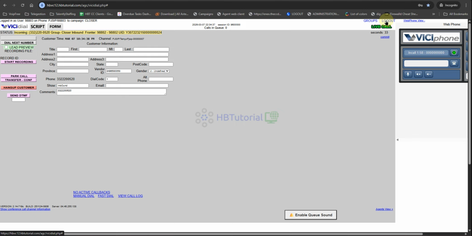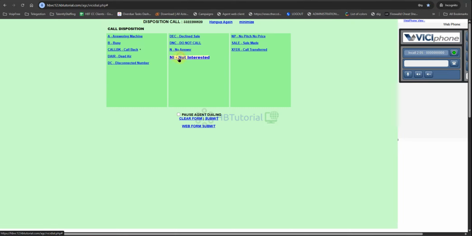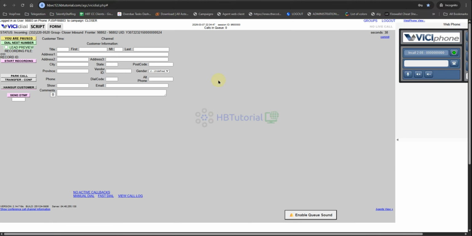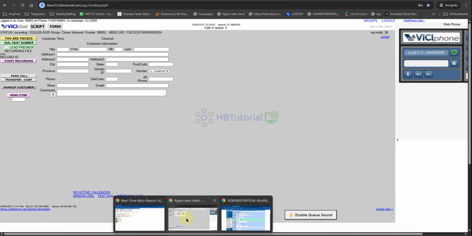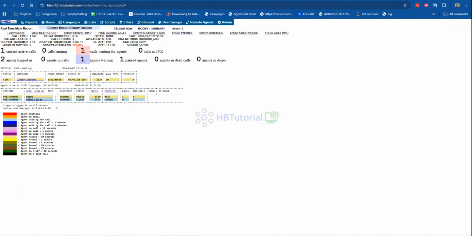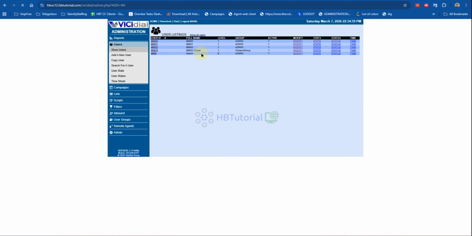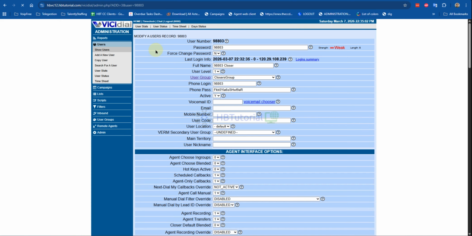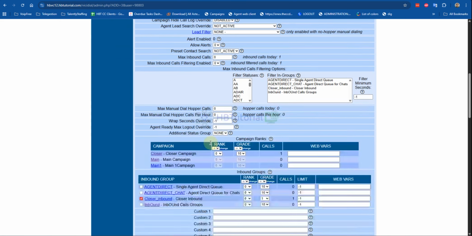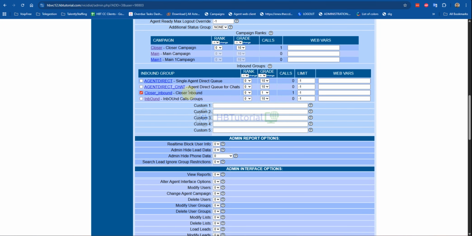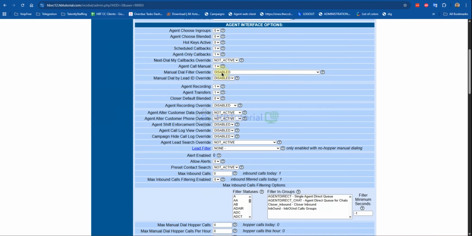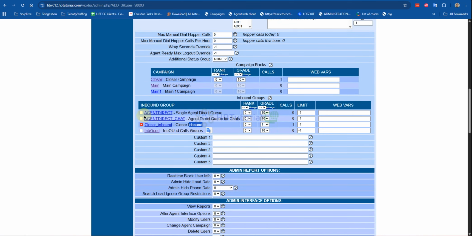So be sure the user agent settings should have the closer in group selected, so that there's no issue when you do the transfer.